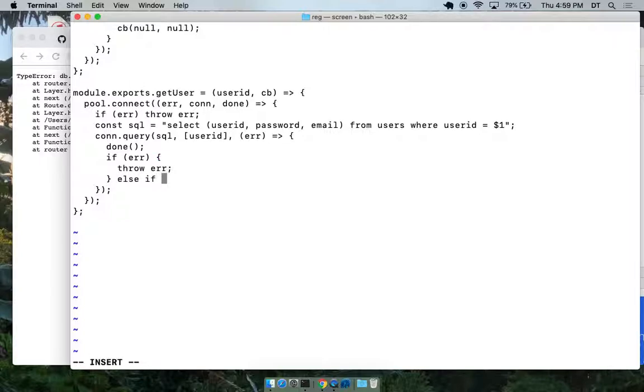Else if, oh, there's a result here. Our callback is called with a result set, right? So we did a select. Else if result dot, is it length, dot rows dot length.